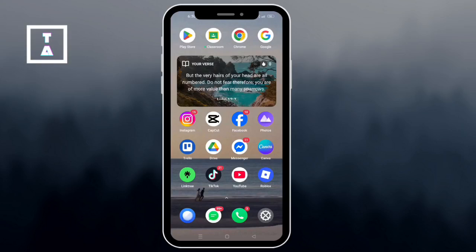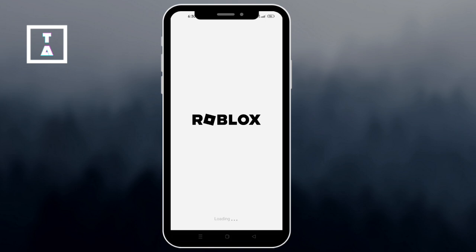Hey everyone! In this video, I'll show you how to set up and customize your Roblox profile using just your phone. Let's get started. First, launch the Roblox app on your Android or iPhone and then log into your